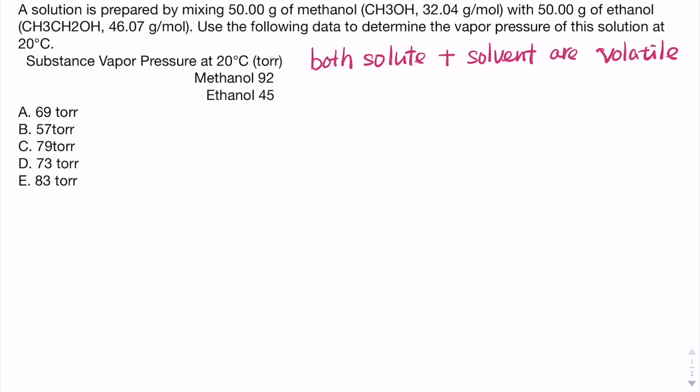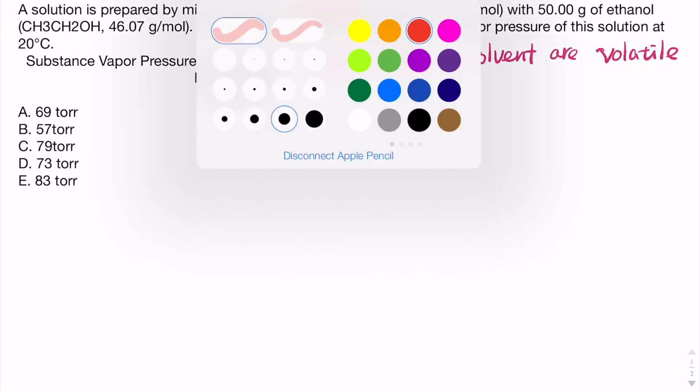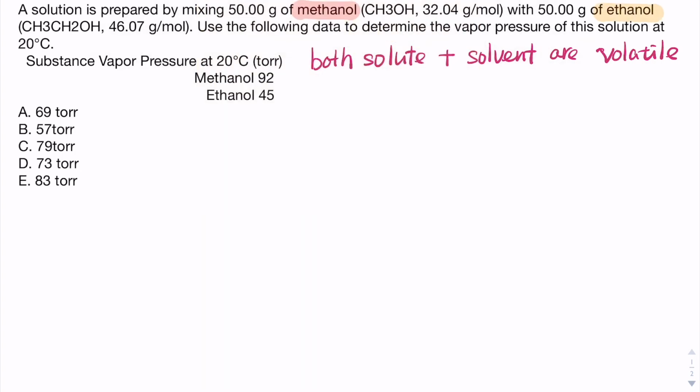Okay, and then let's double check. In our example, we have methanol, which is volatile, and also we have ethanol, both volatile. Okay, now let's keep on going. Let's see from this question what information is given. So for methanol, we also have